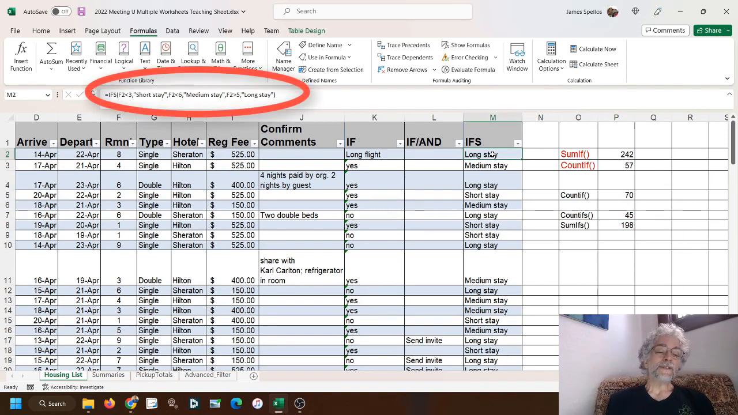Here's what it says. Equal ifs. We've started the function, and what we've done is put it all in a single parentheses. So if F2, what is in F2, is less than number 3, we want to type in the word short stay. Then we separate with a comma, and then we say if F2 is less than 6, as in 6 nights, type in medium stay. And the last one, F2 is greater than 5, long stay. By the way, it will find the one that it hits first, and that's what it's going to select. So we don't have to worry about it